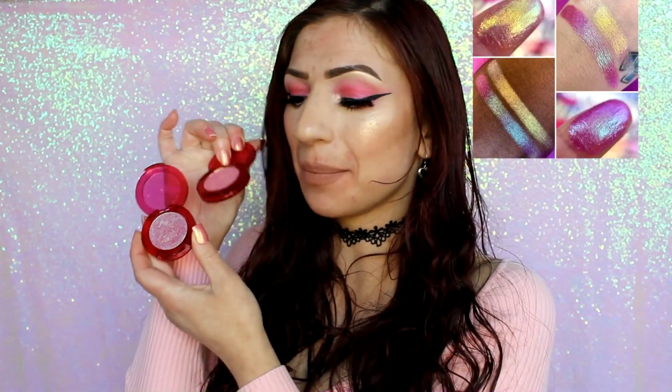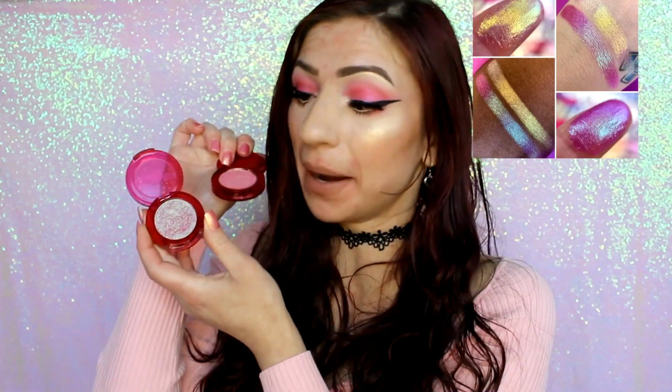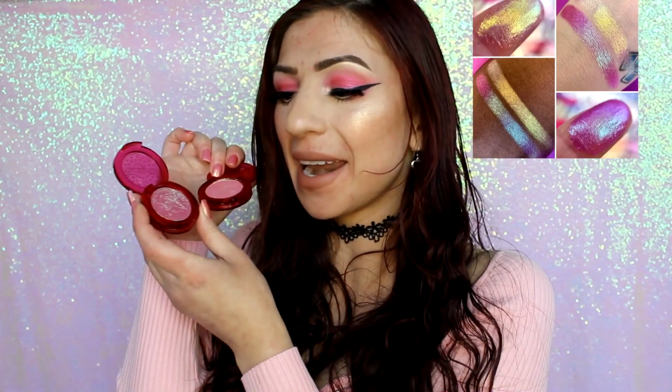And here are the two shades, Pitaya and Tropico. As you can see, we have a beautiful golden pink, and then we have this beautiful deeper berry for deeper skin tones. And it has a gorgeous blue and almost magenta shift, and you can also use it as a blush topper. Now, this one right here, Tropico, is inspired by Poppin' Rocks. It is basically Poppin' Rocks with just a little bit more oomph. It has some multichromatic golden green shimmers running throughout it, but it is essentially Poppin' Rocks